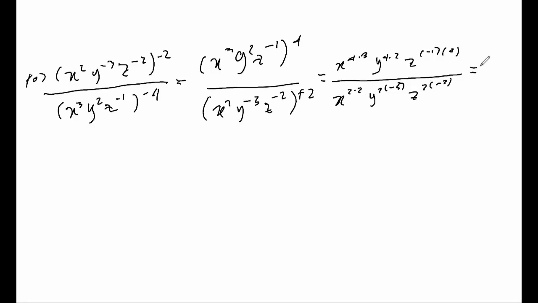And then I'll work out each of these, and then I'll sort out the negative signs at the end. So here I have x to the 12th, y to the 8th, z to the negative 4,